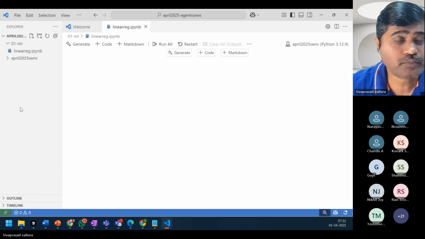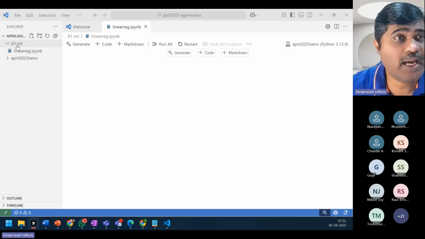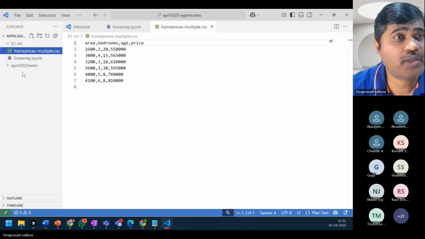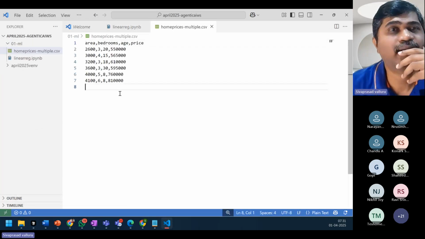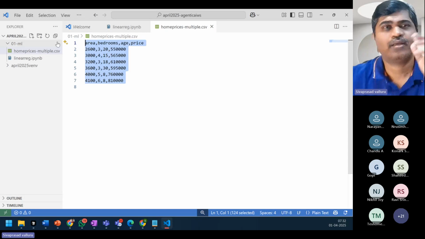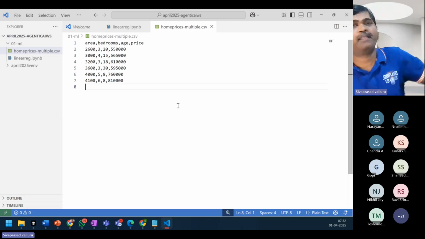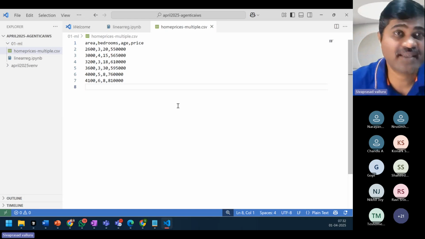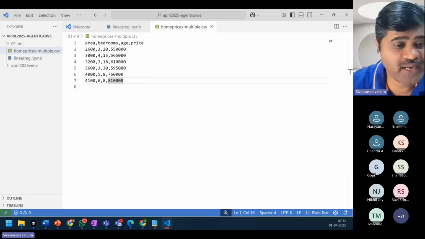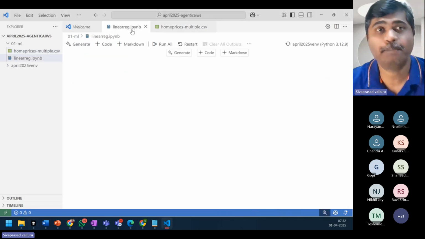Okay. Now I wanted to actually have some sample data. What I will do is I have some file. I'll copy paste. This is a file which I have. It's a CSV file. You can see that area, bedrooms, age and price. Right now I have very little data. Normally for training purposes, we'll have huge data. Right now, just for demonstration, I have this CSV file. And using this CSV file, I want to train my model. Let us see how we can train it.